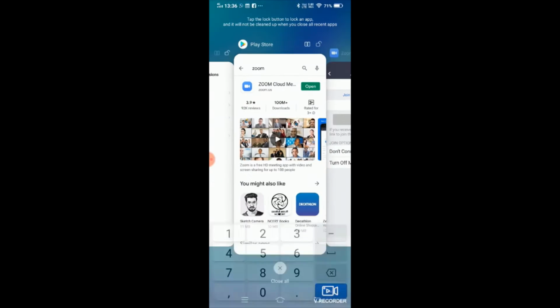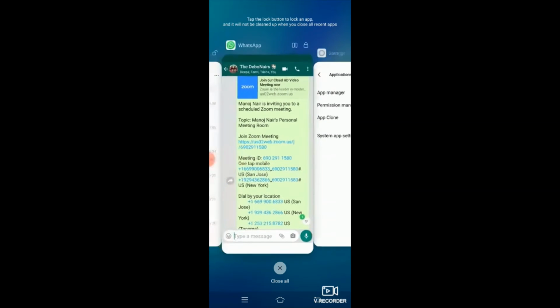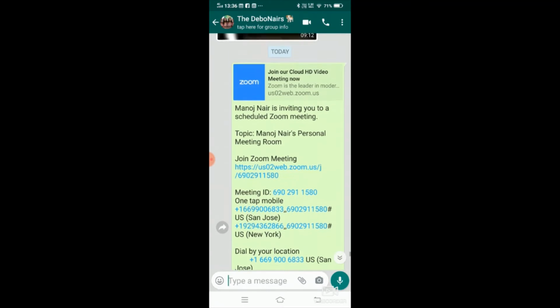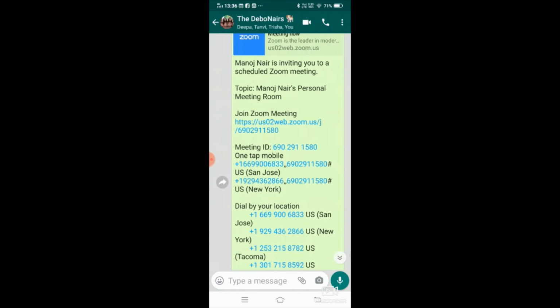Let me show you how the meeting invite looked like. So this is my WhatsApp meeting invite that I sent myself. Typically this is how it looks. It looks a little confusing, but don't worry, it's not. The first option there is join Zoom meeting. It's a full link, so you can just click on that and it will directly take you into the meeting. It will launch the app and take you to the meeting. But in our case, we're looking for the meeting ID, which is that second number there, in blue there,